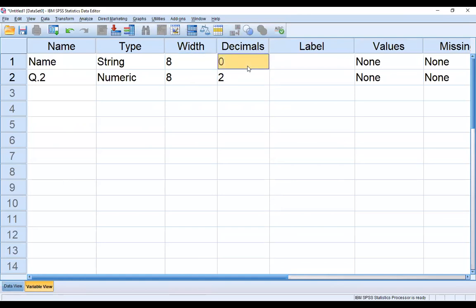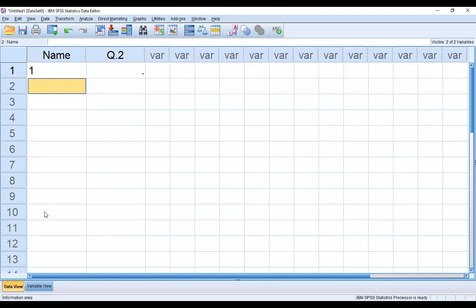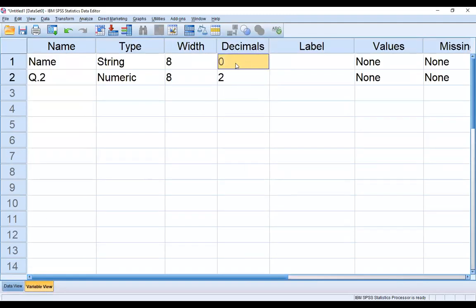Then decimal means, when we write like 1, after 1 there are 2. The decimal 0 means there is no value. And if my question needs a decimal like 1.25, then we should take the decimal 2. Otherwise, if the options of my question are 1, 2, 3, 4, 5, then we do not need a decimal, and we simply take the 0 value.